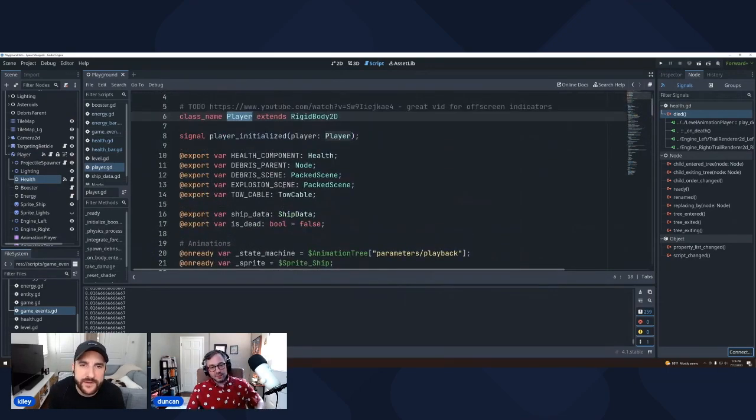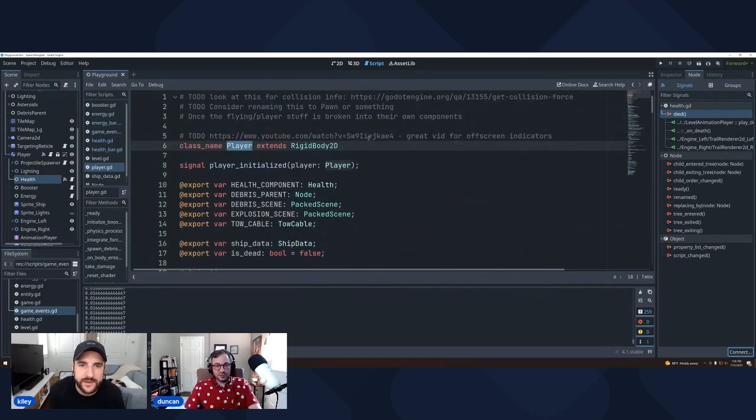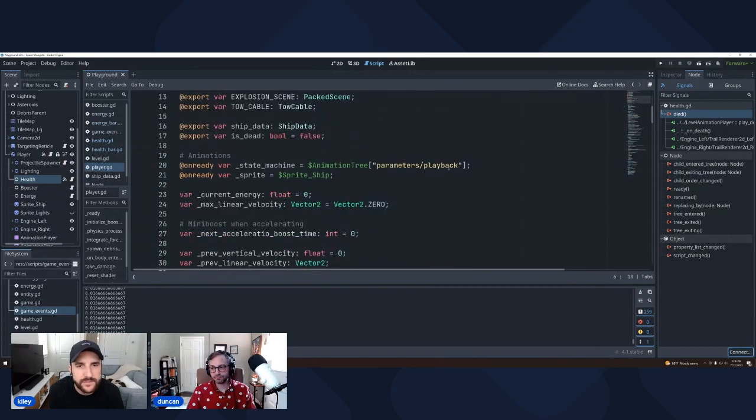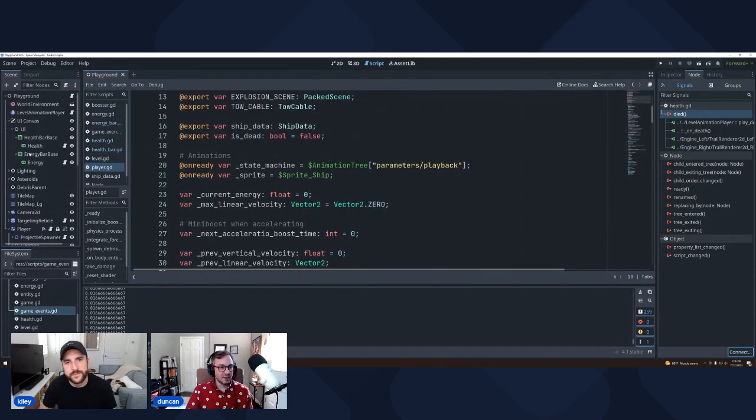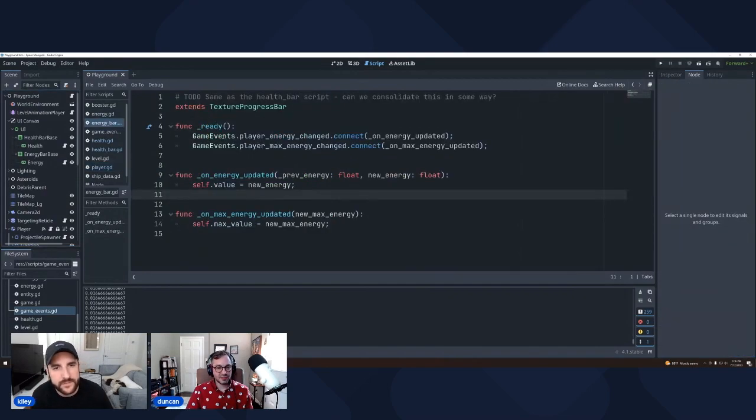Yeah. So that's pretty cool, but you can also hook things up through code, which is what we're doing in the game events, because they're not going to be in the hierarchy until the game fully loads. So anyway, it uses signals, right? So what we've done in the energy field is we've connected this signal to this function, so anytime the player energy changed, we're going to run this function. And again, it matches, right? Previous energy, new energy. And again, we don't use previous energy.